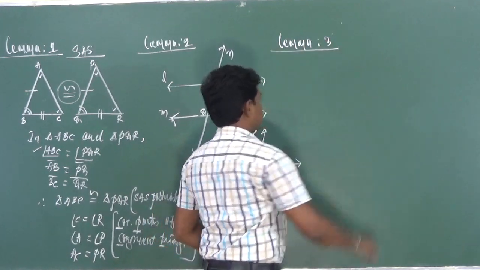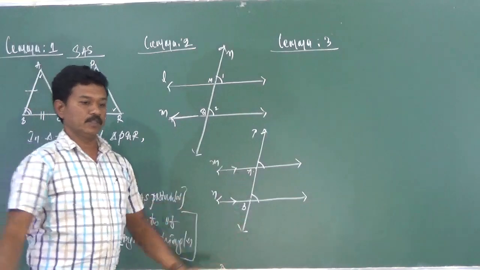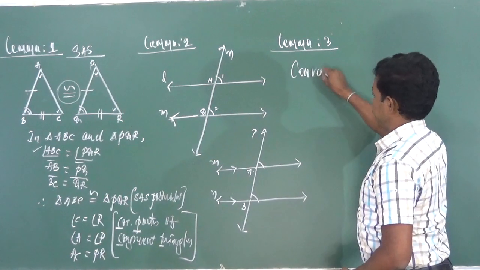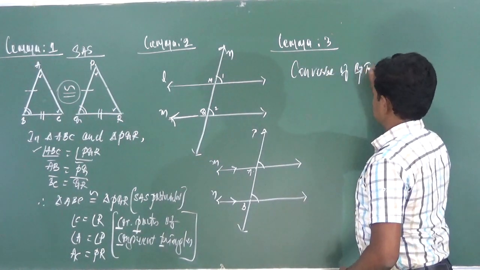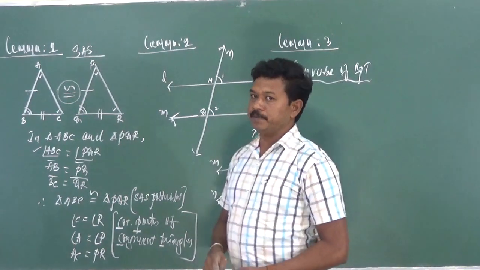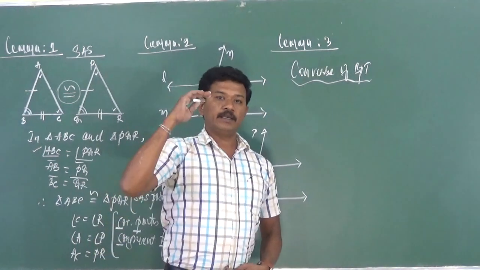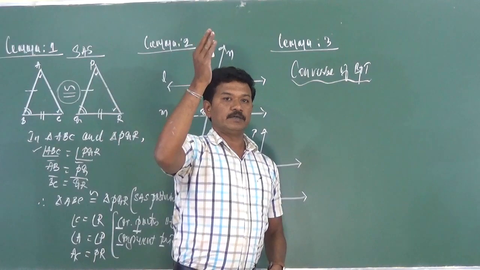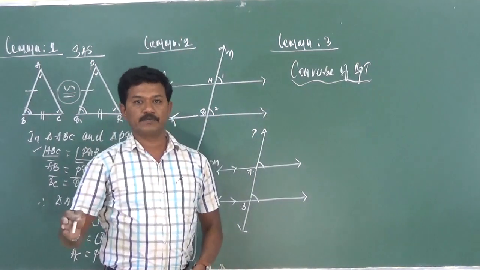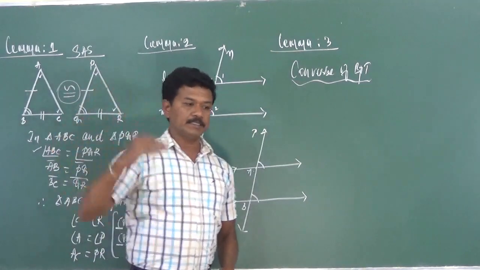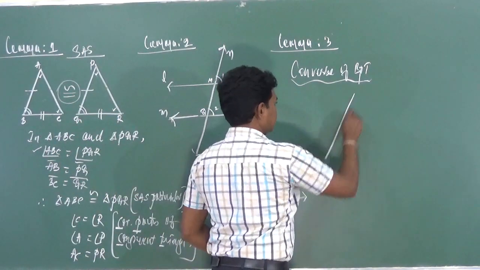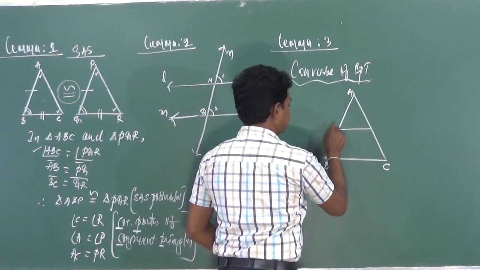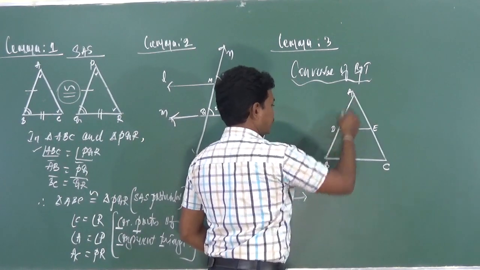So lemma 3, if you hear this, you will tell me, sir, I know this because it's already discussed. That is called the converse of BPT. The converse of BPT states that if a line divides any two sides of a triangle proportionately, then the line is parallel to the third side. So this is the triangle we are going to take. Call it triangle ABC. Let DE be the line which intersects AB and AC